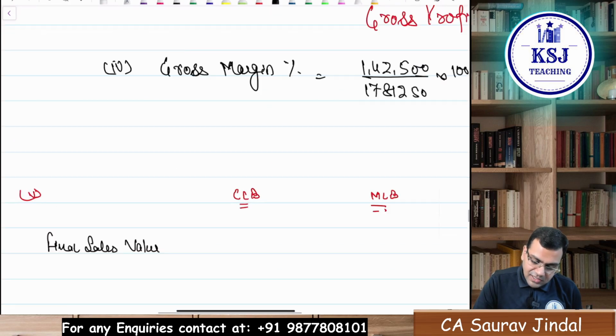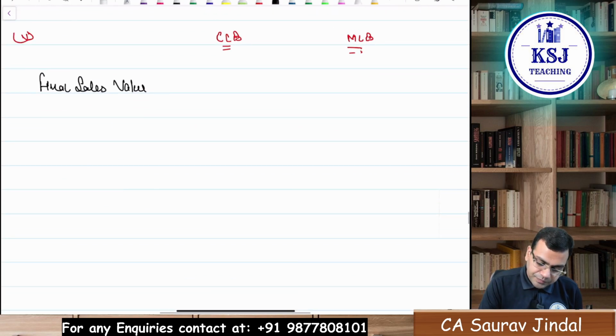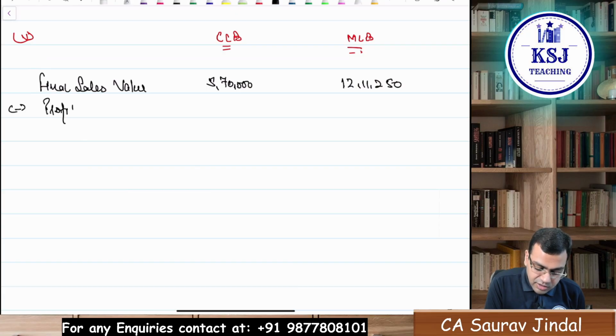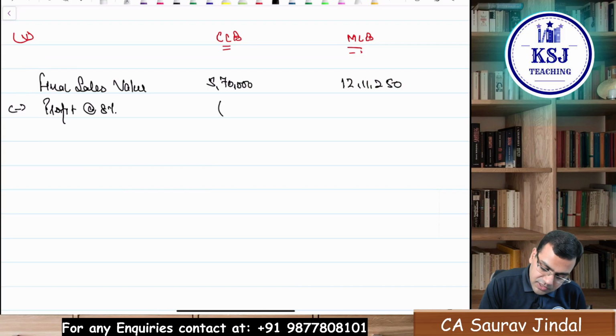Final sales value we have calculated here, 5,70,000 and 12,11,250. Now from this I will subtract my profit at the rate of 8%, that comes to 45,600 is my profit,